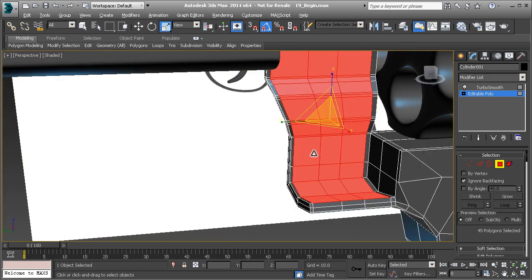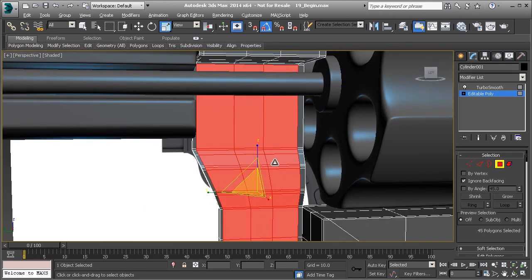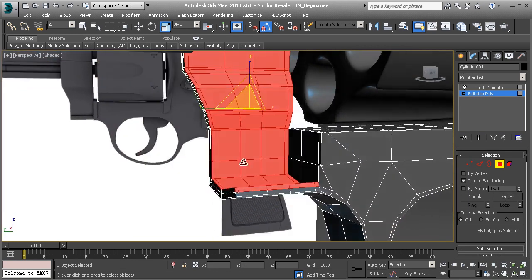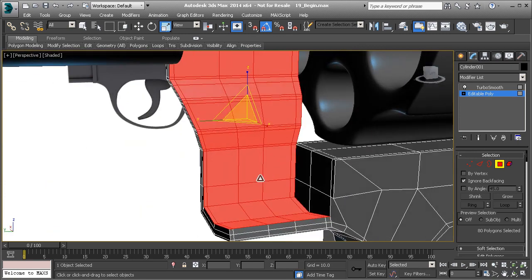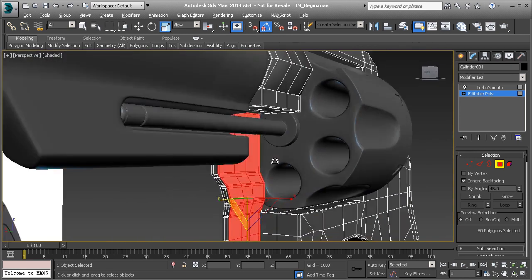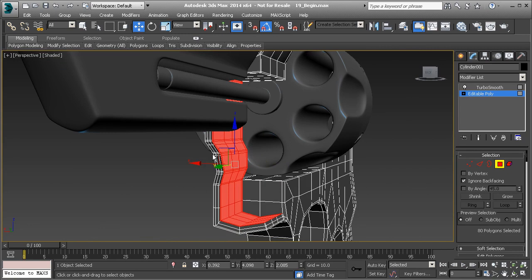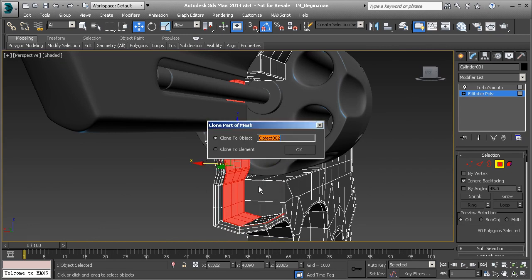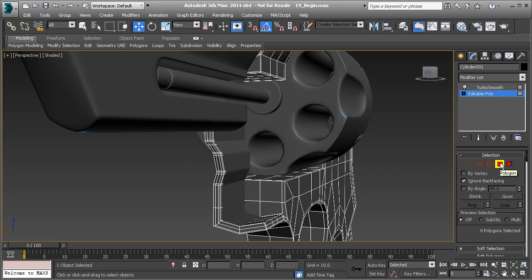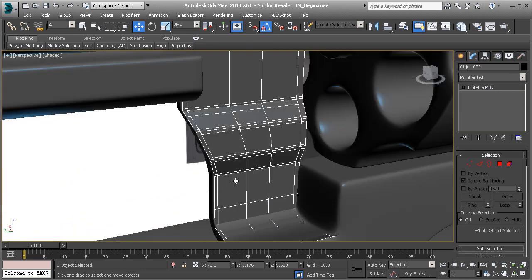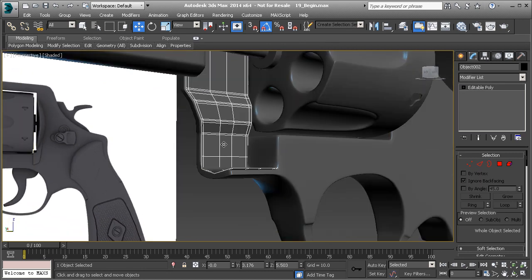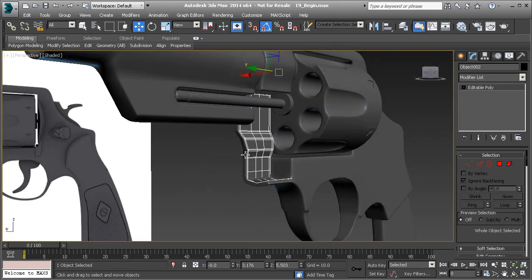Okay. Now with all of these selected, let's hit grow one time, and let's deselect the ones that were selected right here on the very end. Okay, so with all of these, I'm going to grab my move tool, hold down shift, drag that out, and we're going to make that part of the mesh, but its own object. So we're cloning that. So now we'll turn off polygon mode, select our new object, and at this point,